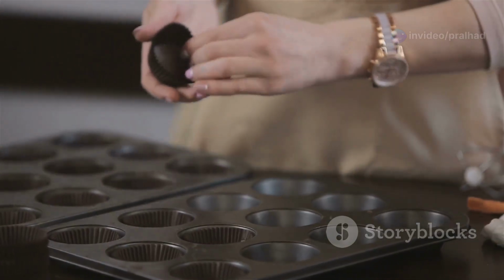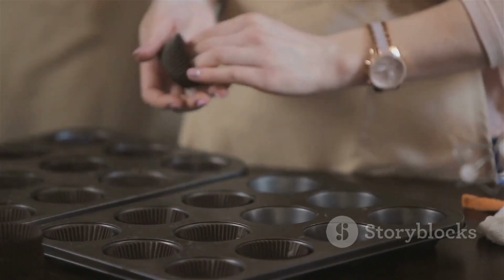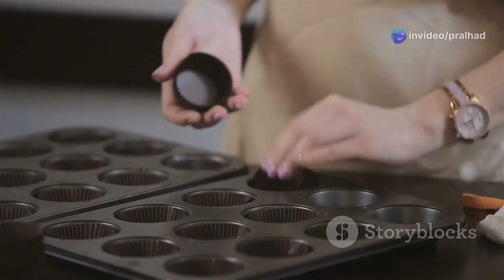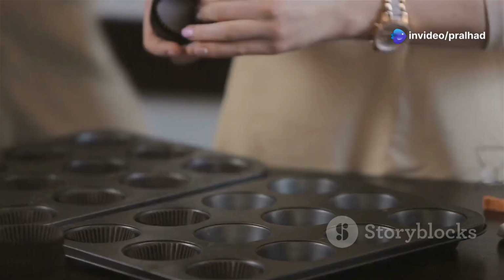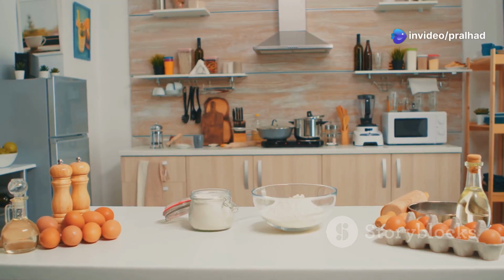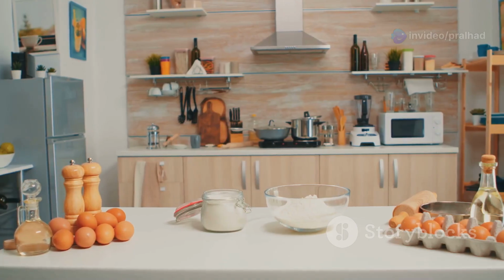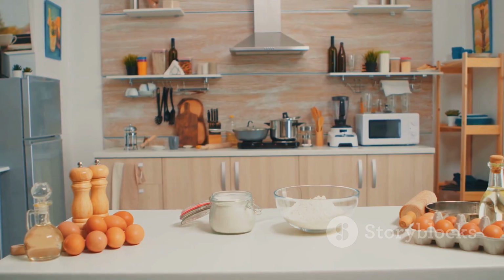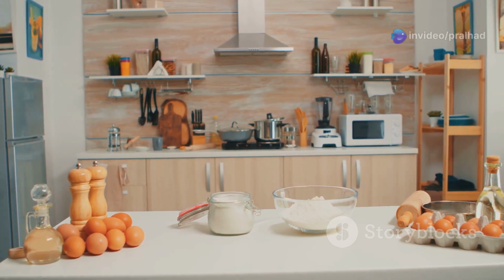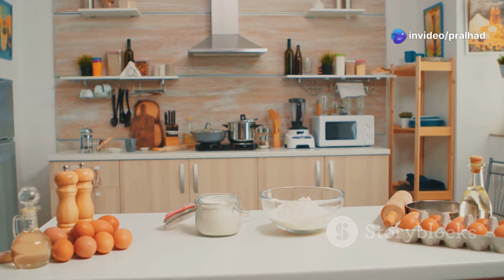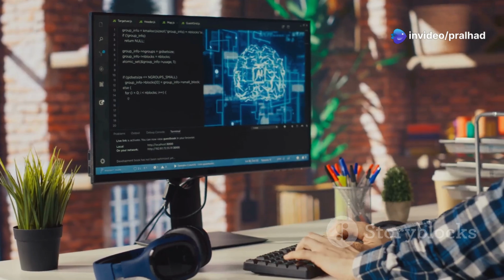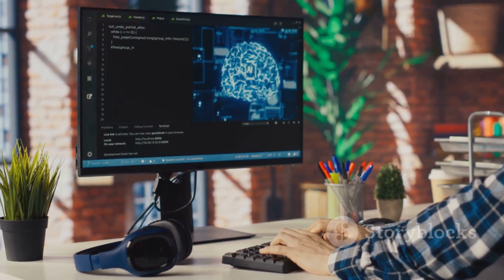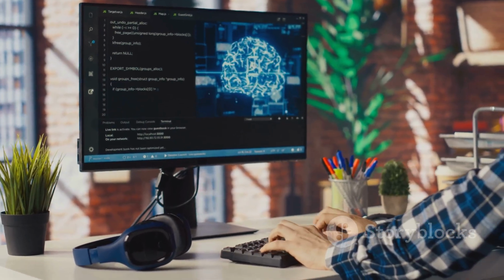Imagine you're trying to bake the perfect cupcake. You start with a basic recipe, but you tweak it over time, adding a bit more sugar here, reducing the baking time there, until you get it just right. You might try different combinations of ingredients and baking times until you find the perfect recipe. This trial and error process is similar to how ML algorithms work. They test different models and parameters to find the best fit for the data. ML works in a similar way. By continuously learning from data, these algorithms can improve their performance over time, just like you perfecting your cupcake recipe.